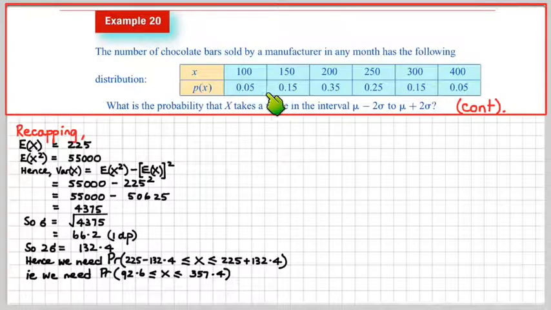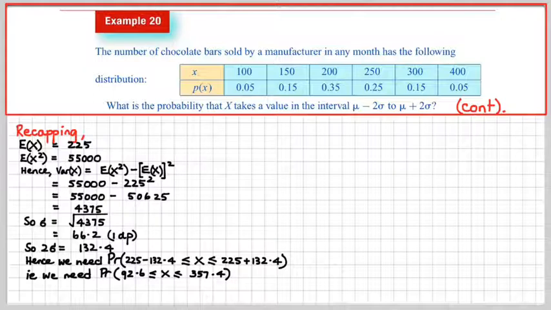Because how do I work out the probability that x is going to be more than 92.6? 92.6 doesn't even appear here. What am I supposed to do? How am I supposed to work that out? And less than or equal to 357.4, well, excuse me, I don't know how you're supposed to do that, and it's wrong and inaccurate to take it to somewhere just to guess a number in between. However,